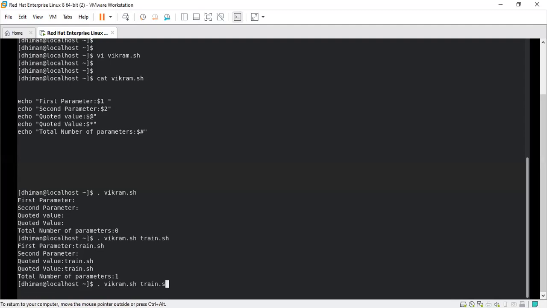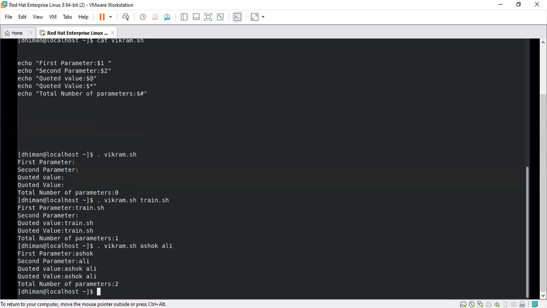This script is not only working with this, it might work with, suppose, Ashok Ali, right? Now you just see what it has done. It is talking about whatever I am writing over here. The first parameter is Ashok, the second parameter is Ali.